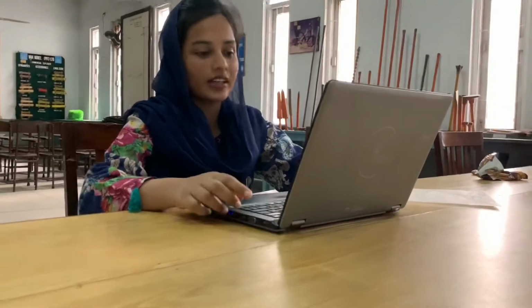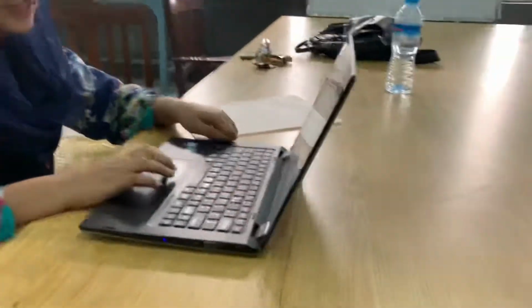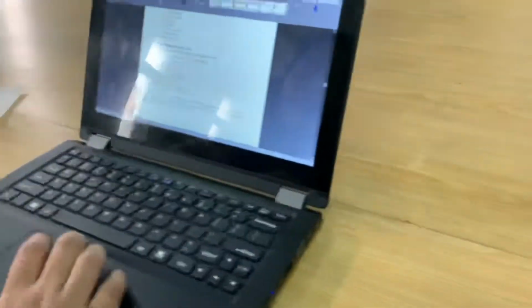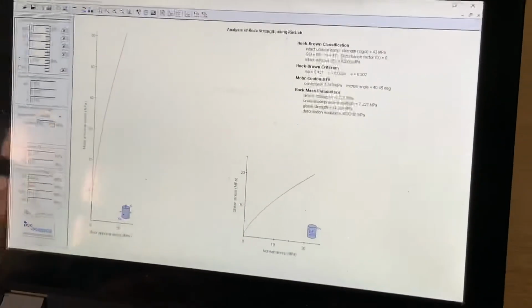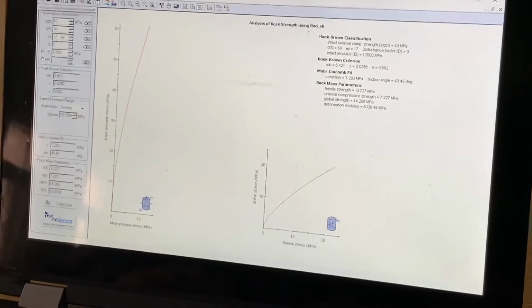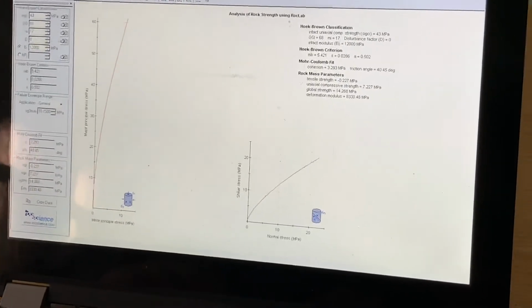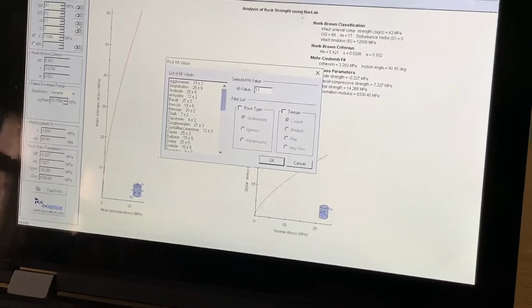Assalamualaikum, my name is Asma and I will tell you how to use RockLab software. Here are some estimated properties of sandstone. We will put it in RockLab and find rock mass properties. Here is RockLab. We will put 43. UCS and GSI is given, which is 68, and mass of sandstone is